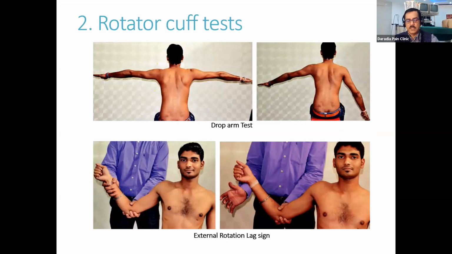Then is your rotator cuff test, the rotator cuff test for the supraspinatus. If there is a rotator cuff tear, what will happen? The patient won't be able to hold the arm in the abducted, mid-abducted position, because that is by the supraspinatus. So it will be dropping, and that is called the drop arm test. So the drop arm test and the empty can test are similar. In a complete tear, the arm will be dropped. But if it is an incomplete tear or tendinopathy, then the active movement will be painful, and if you are resisting it, then it will be painful. But the drop arm test and the empty can test are almost similar.